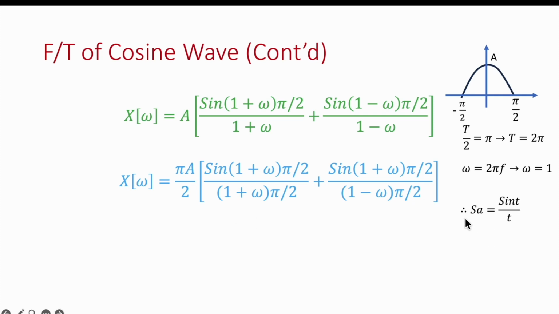And we know that Sa is equal to sin t by t, if you are considering the sampling function. If you consider sampling in the signal, then you can write Sa equal to sin t divided by t. So we can use this formula, and then the simplified version of this equation will be equal to